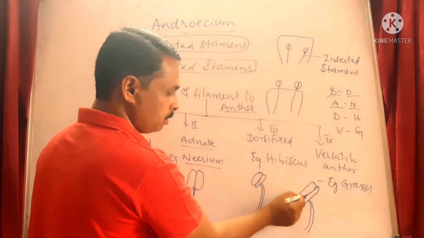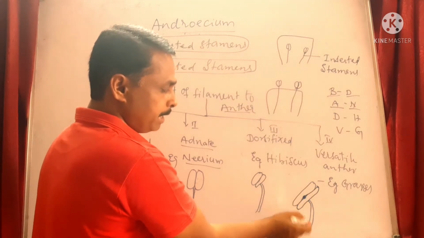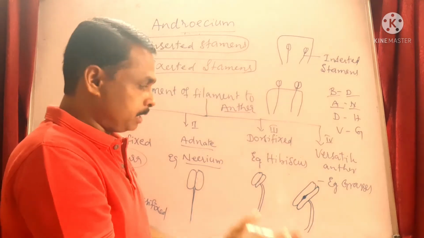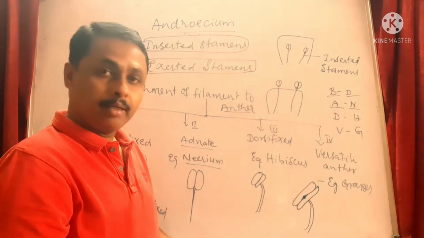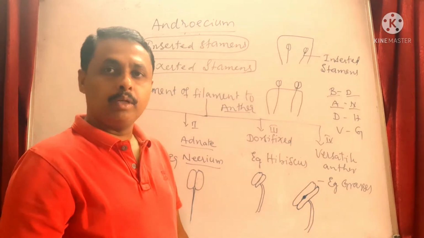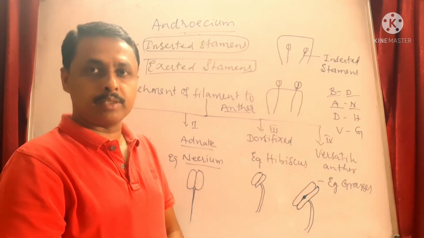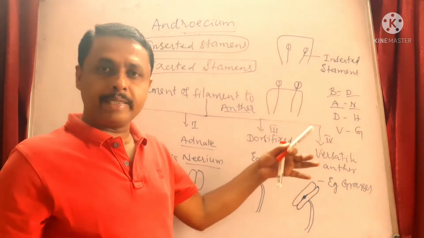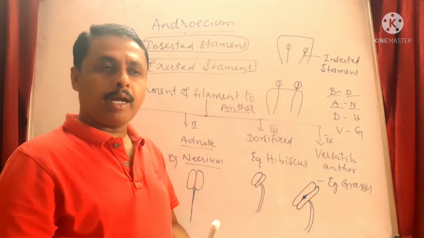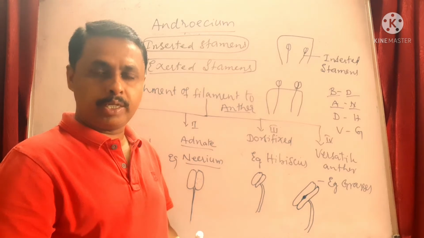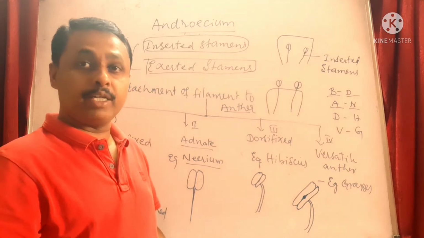To the center of the connective of anther lobes, the filament is attached. The anther lobes are elongated and they will be swinging in the air, especially as we can see in grasses. Pollination in grasses is usually called wind pollination, because the elongated anthers swing in the air and disperse pollen grains after their maturity, so that the pollination occurs through wind. That's why it is called wind pollination.